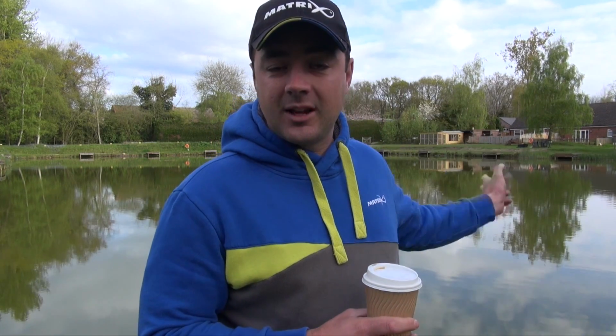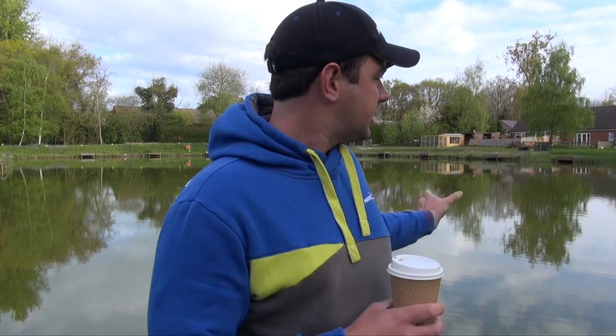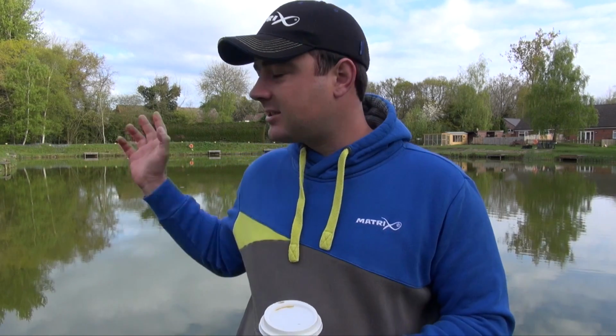So the bench is probably set, we know who we've all got to beat. It's a nice small lake, we're choosing a different lake this time. We're fishing the Bungalow Lake, or the Lily Lake as they call it. Nice and compact, I can see everyone. So initially we're going to talk you through my match and what I'm doing, but like I said, as I can see everyone, I'm probably going to take pointers from them and we'll see what we can do. This lake has not been kind to me before. I've had a couple of matches on here and I've not done well,